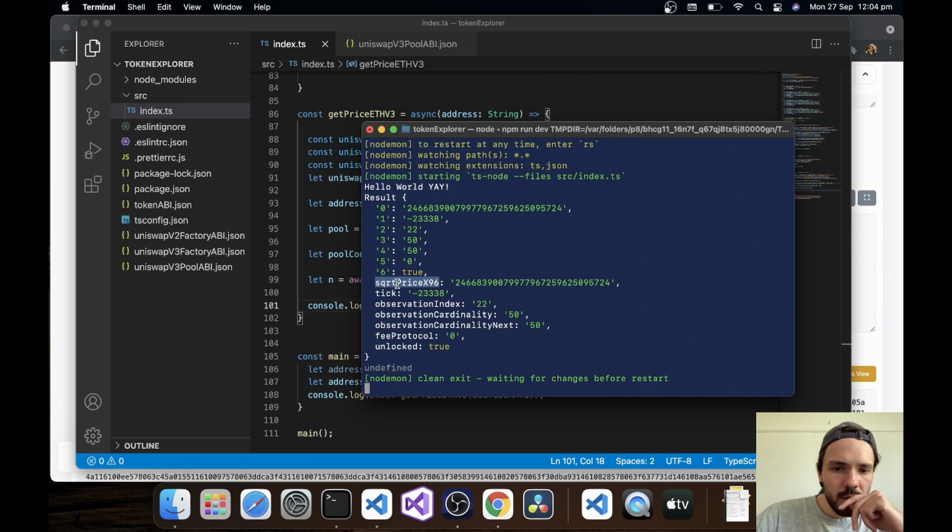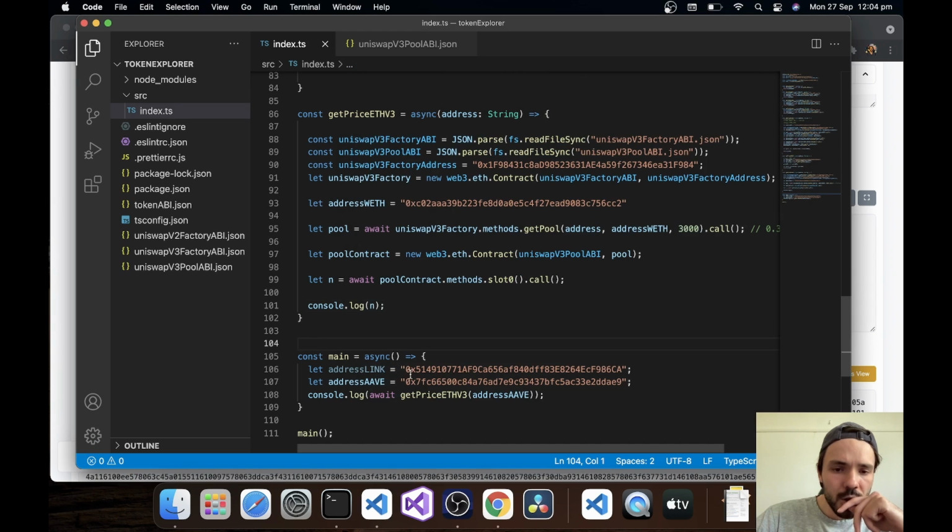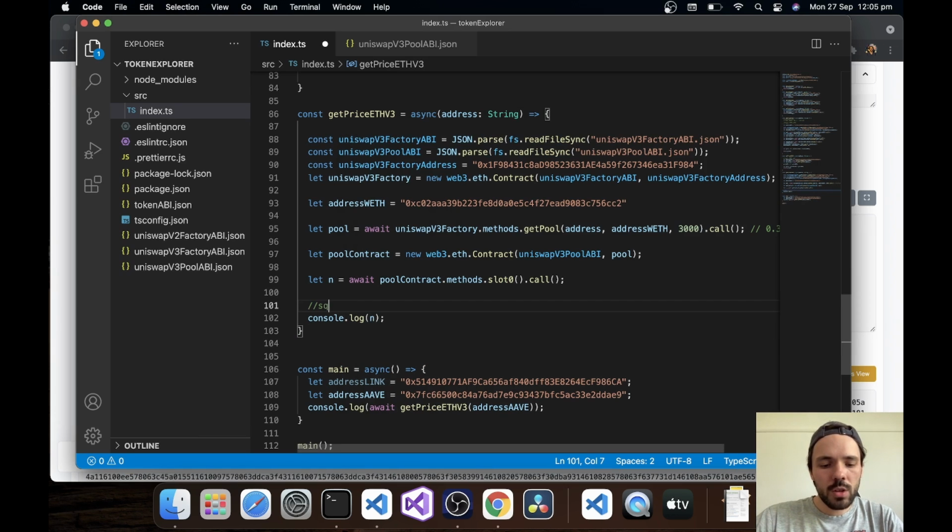And the way we would use this value is, the actual price of a token would be as follows. I'll show you. It would be the square root price shifted by 96 to the power of 2. And this whole thing would be divided by, not 10 to the power of, I believe it was 2 to the power of 96, and 96 itself is times 2, so 2 to the power of 96 times 2, which is 2 to the power of 192. So this is the actual formula, and then this whole thing again is going to be